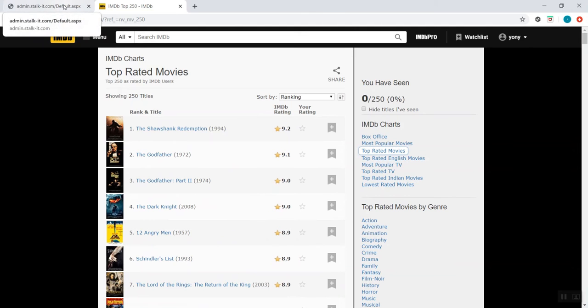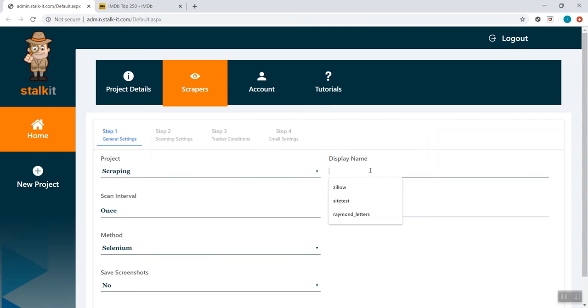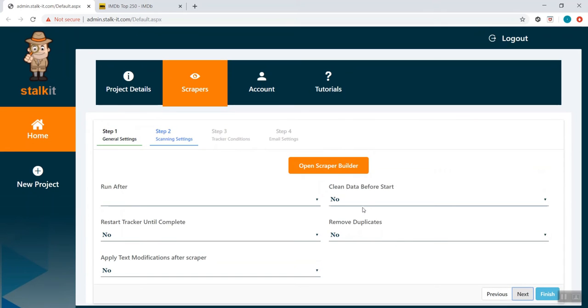Let's go ahead and click on the Add New Scraper button and give our scraper a display name of IMDb Top 50. I will keep all the other options at their default values and click on the Next button. In the next screen, I don't really need to change any of these options either, so I'll go straight to